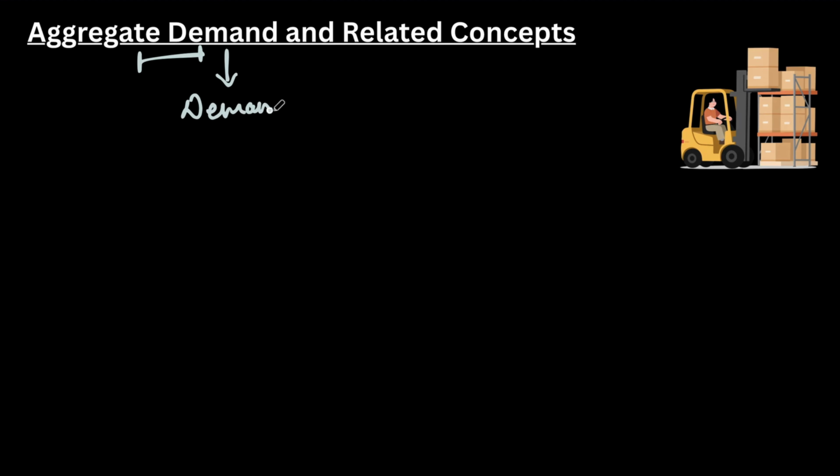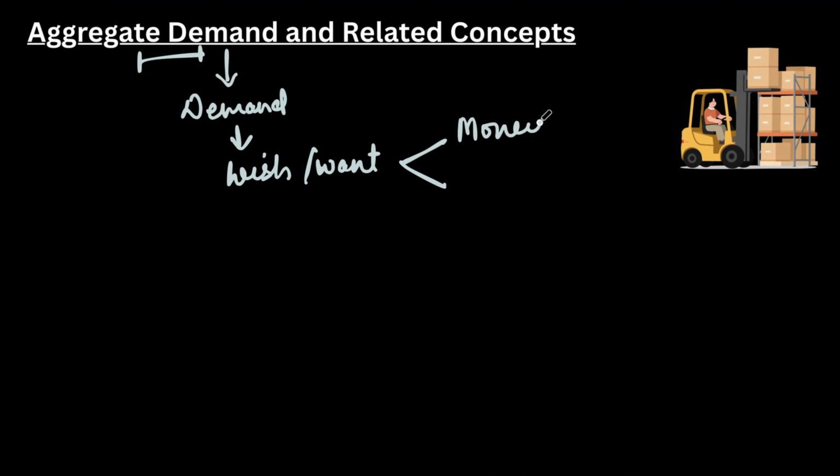Okay, if I ask you what is demand, you will say demand refers to your wishes, your desires, your needs. When you go to the shop, you make a purchase of it and that becomes your demand. Which means any wish, any desire, any want, when it has two characteristics. One, that you have money to purchase it. Second, you are willing to purchase it. So all of your desires and wants backed by money and willingness to purchase will be called demand.